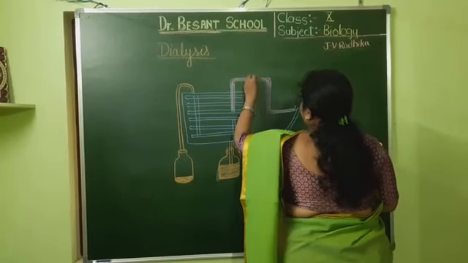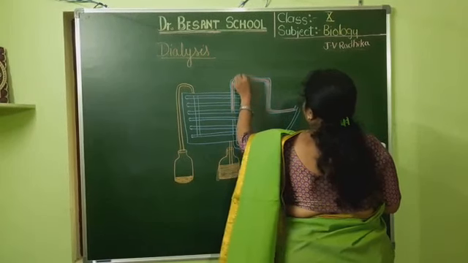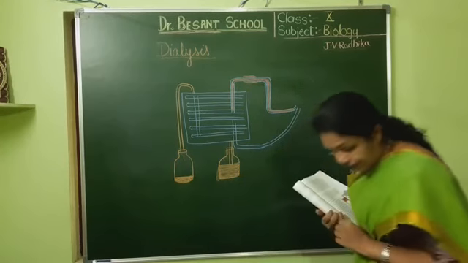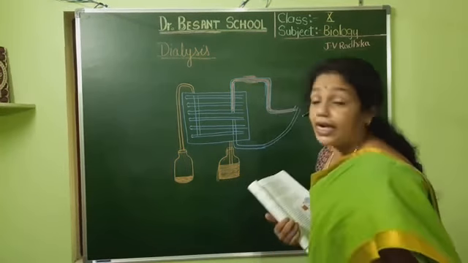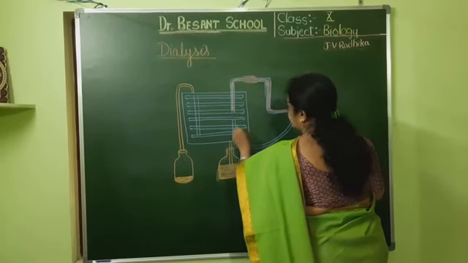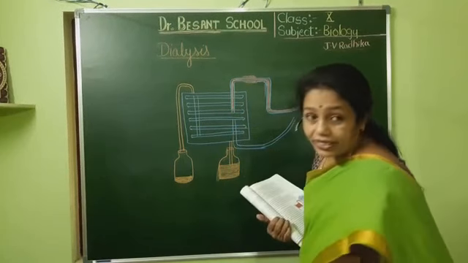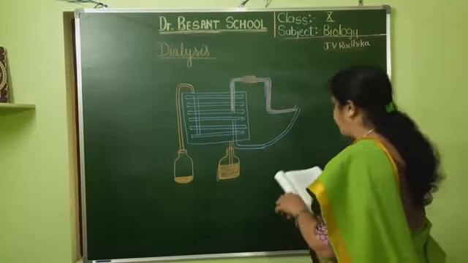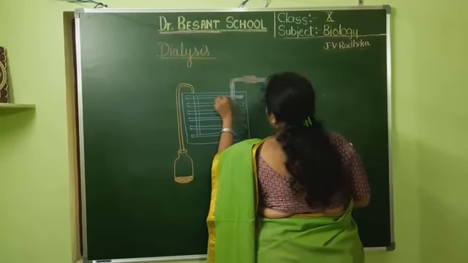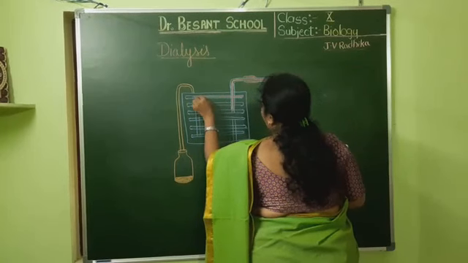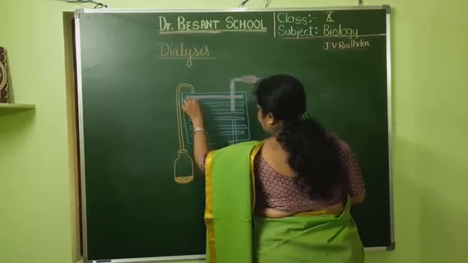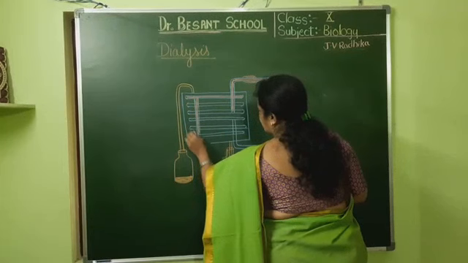Now, as the blood is carried from the body, an anticoagulant is added. This anticoagulant prevents the clotting of the blood, because as it is exposed to the air, the blood may clot. To prevent the clotting, an anticoagulant is added once it comes outside the body, and that anticoagulant is heparin. I shall be labeling. You must label in the diagram in the textbook as well as in the notebook.